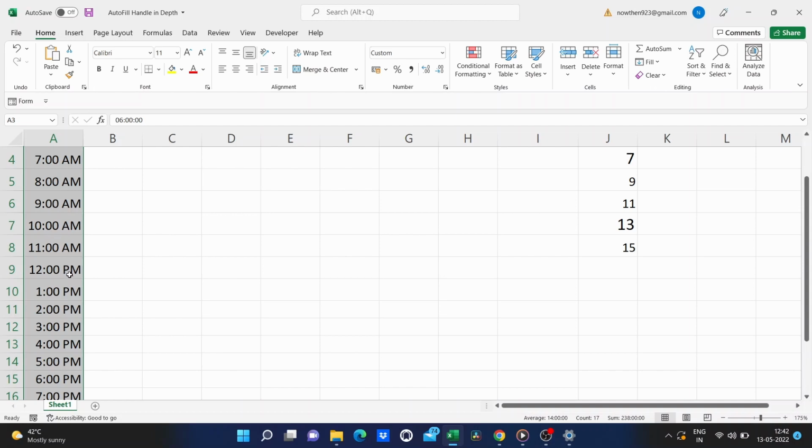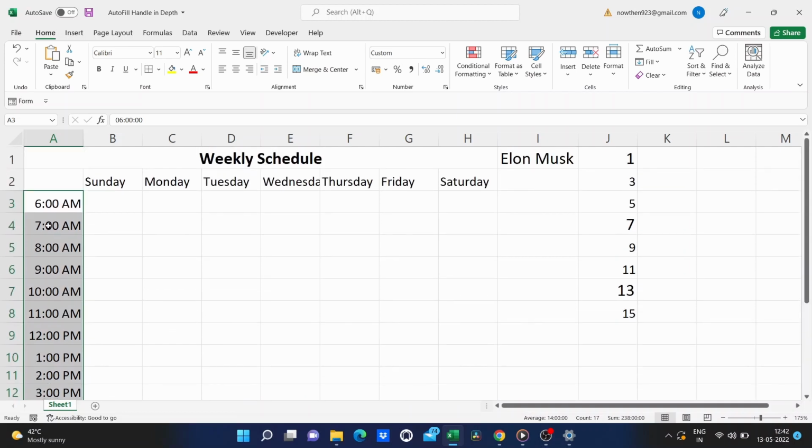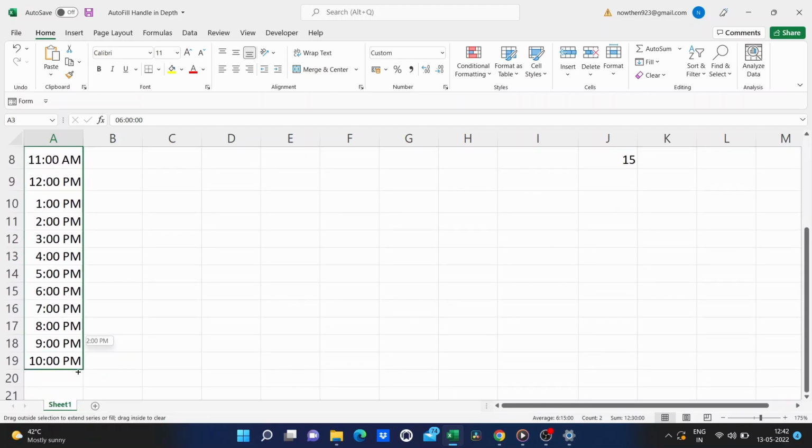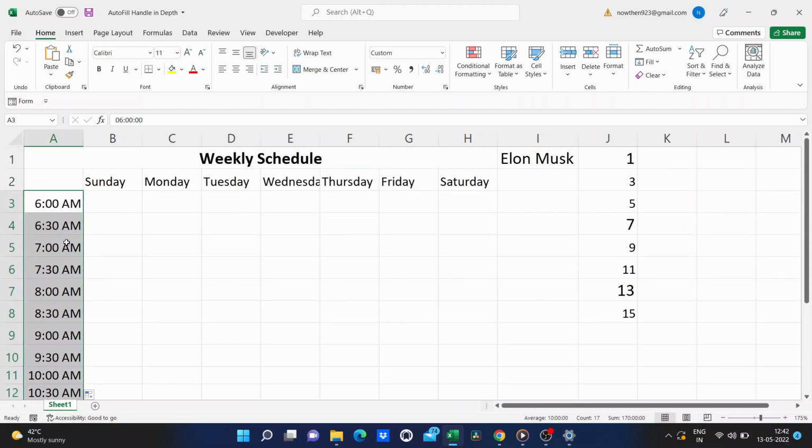Now you might be thinking, what if you want it to be not 6 a.m. to 7 a.m. but maybe 6 a.m. to 6:30 a.m.? Well, just type in 6:30 a.m. and then show Excel that pattern. So I click and drag to highlight 6 o'clock and 6:30, that's the pattern. I go to the autofill handle, click and drag, and pull down. And now the pattern goes every 30 minutes, not every 60 minutes. So this autofill handle is really pretty smart.